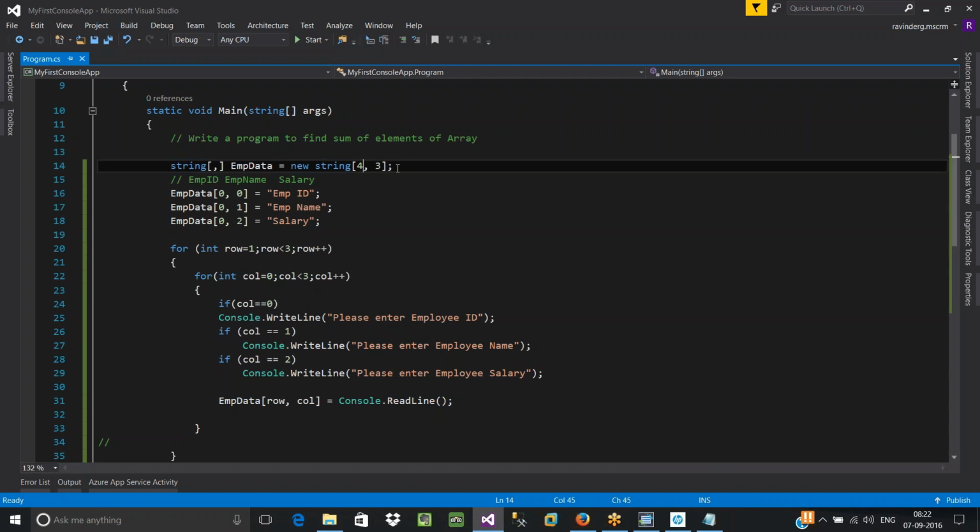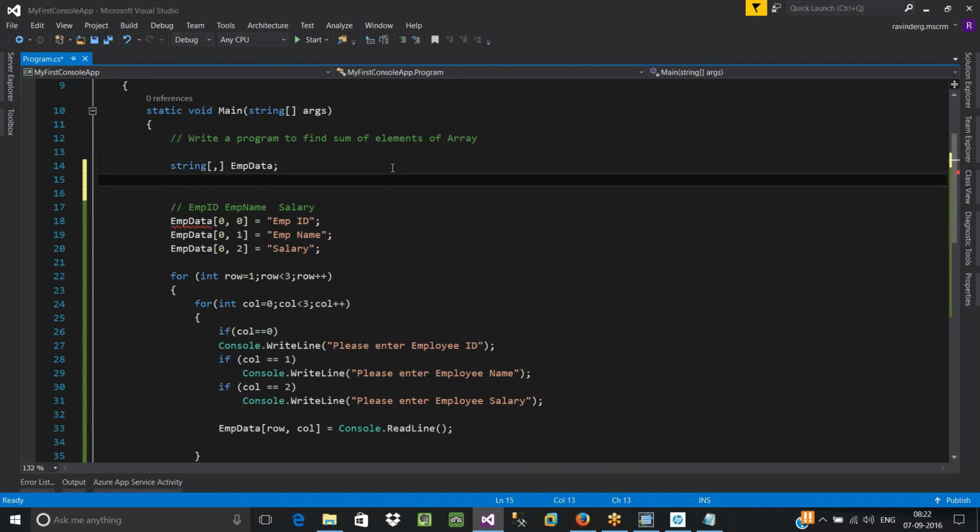So to overcome this problem, what has to be done? Even the size of your array should be defined dynamically at runtime. How to define this? It will be very similar to your 1D. Don't define this part within the programming environment, and give this option to the user. I mean, ask the user to enter his requirement. Ask him how many rows you want to store, how many columns you want to store. And based on his requirement, you'll have to accommodate that much amount of data into respective locations.